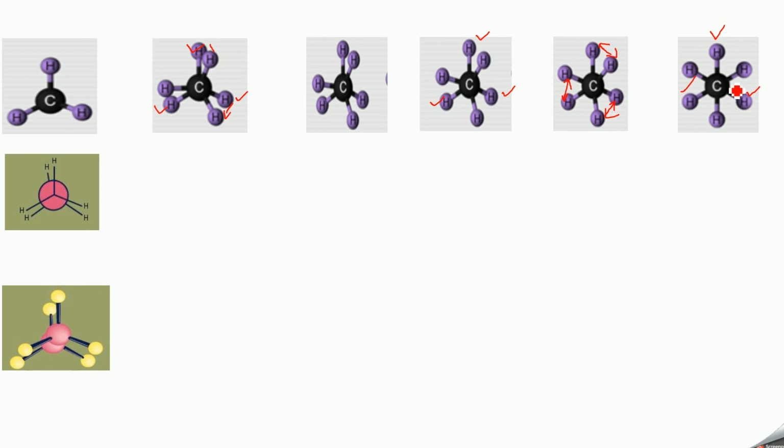Now this model you can show in Newman projection formula like this. So the front carbon is written as a dot with 3 hydrogens. So here this is the front carbon with 3 hydrogens. You will have like this. Now the back carbon hydrogens you have here. These are the back carbon hydrogens.